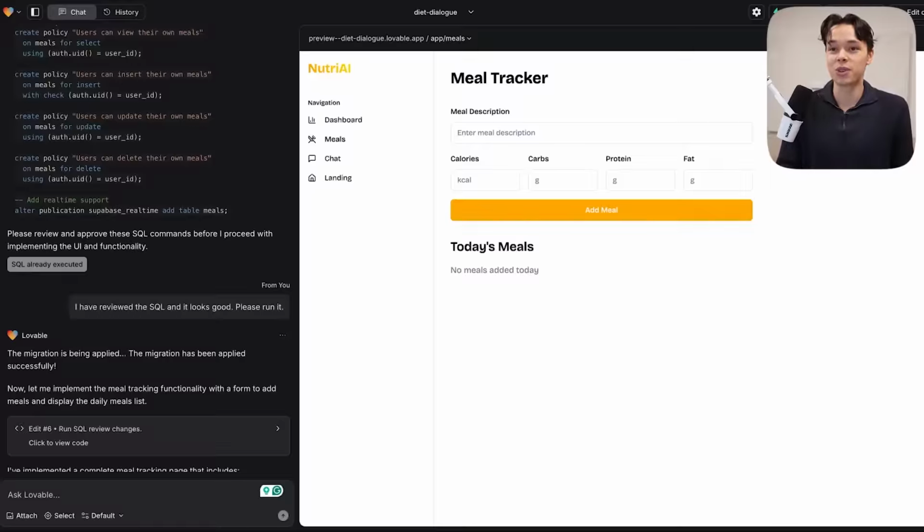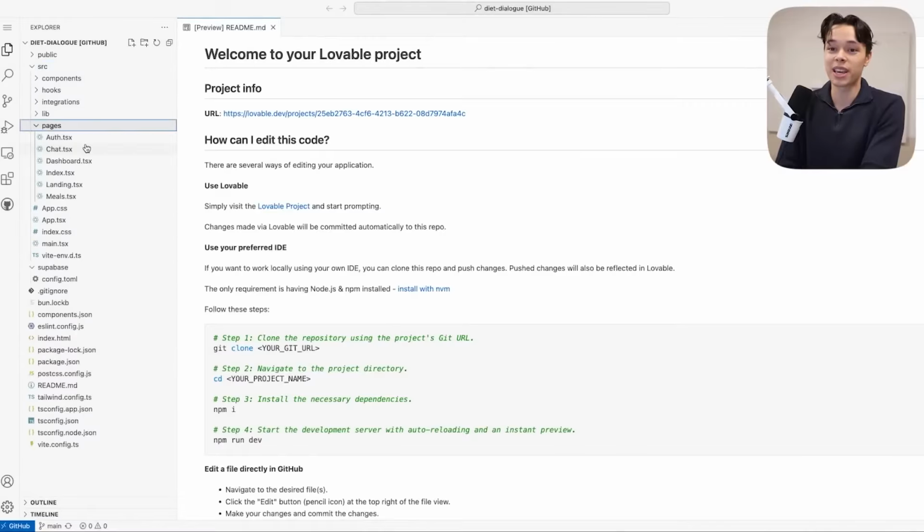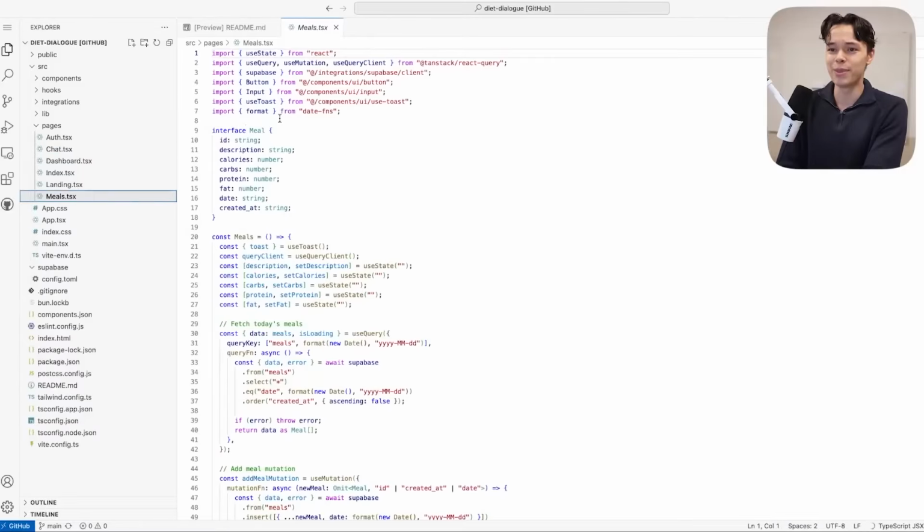If you want to, you can just take your code and move it into any other code editor. You're not stuck with Lovable, which I think is really great. So in our case, I'm just gonna go over to the meals page,